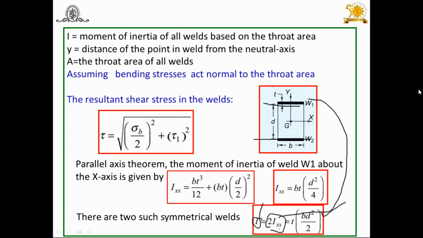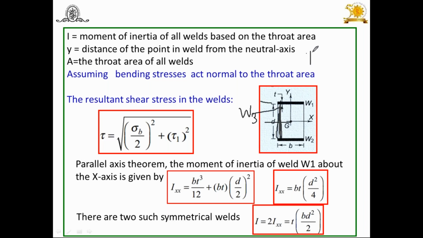But suppose I am going to use another weld here, a third one, and I am going to say this is W3, having some length D, and thickness is T. So again, in this case, you will get IXX and IY also, that you can add. Like suppose you have to find out the I for this W1, W2, and W3. That time, what you have to do? You can write this IXX plus IXX plus, for this vertical one. And for the vertical one, what you will get? This is for the y-axis. So for the y-axis, what you will get?